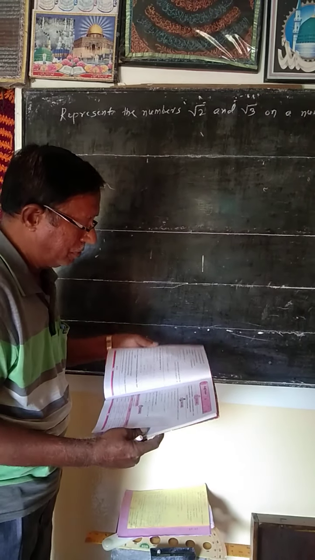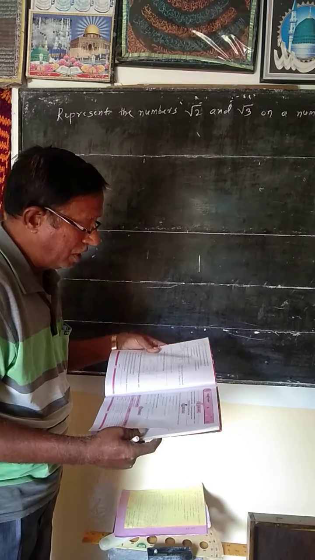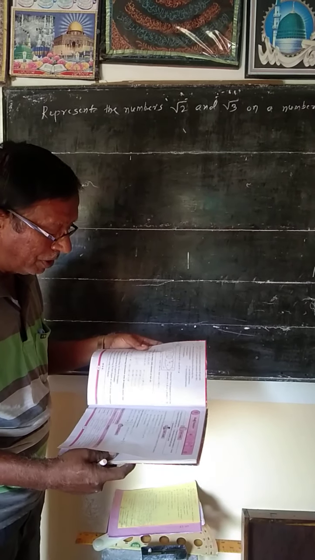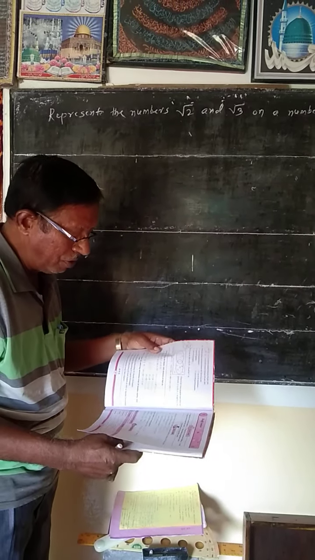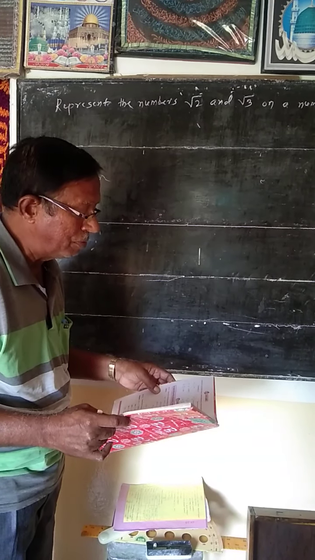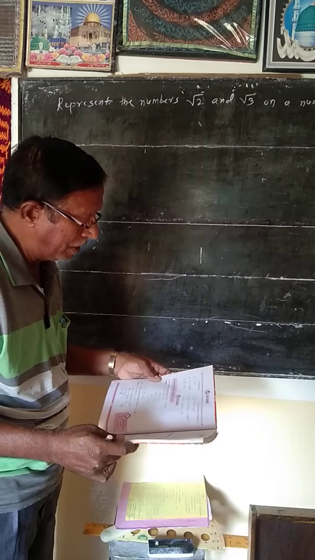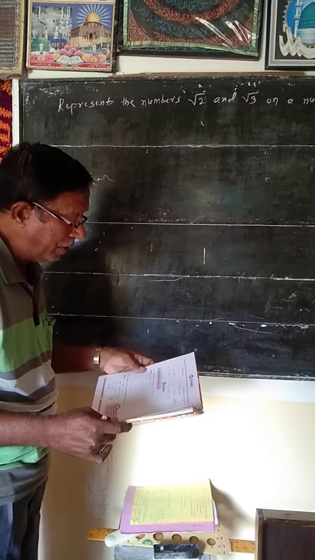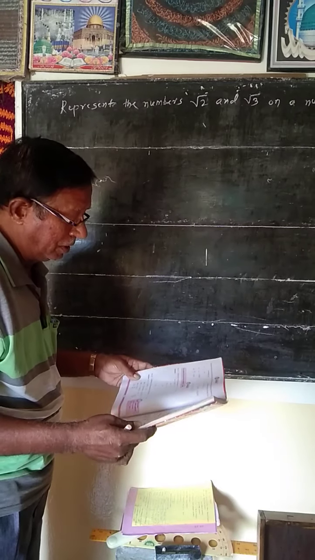Real numbers, second chapter: real numbers. In that, natural numbers, whole numbers, integer numbers, set of rational numbers, set of real numbers, then order relation, non-rational numbers. Similarly, the decimal form of any rational number is either terminating or non-terminating type. To express the recurring decimal in p upon q form.